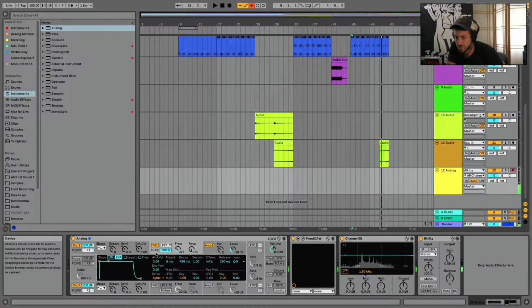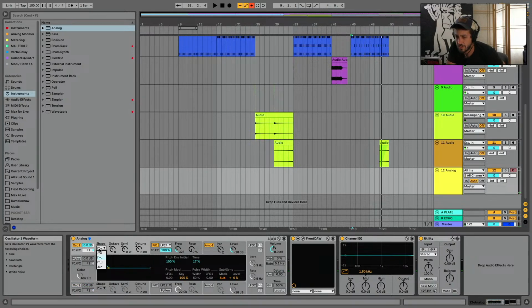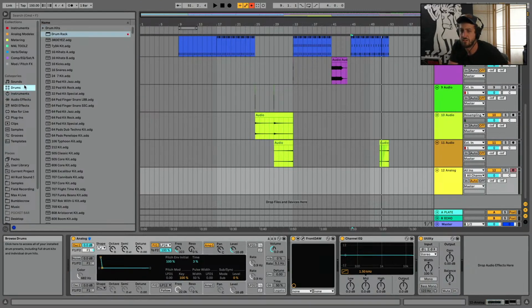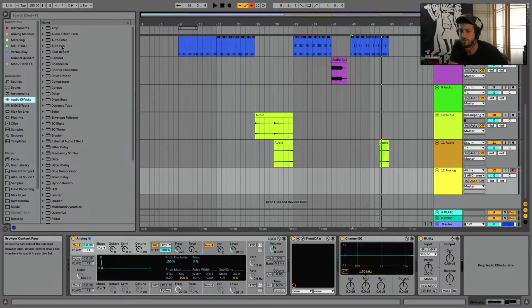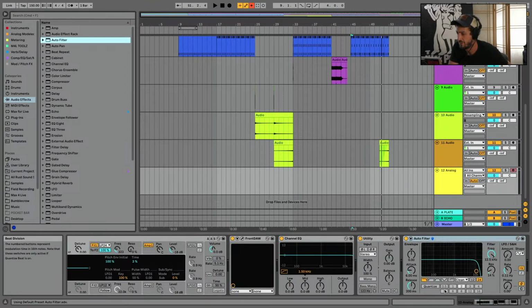Is this modeled after a real tool or a real piece of hardware? No, it's just a virtual synth kind of concept. But it has this really convenient pitch envelope that makes it really easy to do this kind of thing. It doesn't have all of the nice modeled filters that we like, but we can just slap an auto filter after it and get our Moog sound that we enjoy.